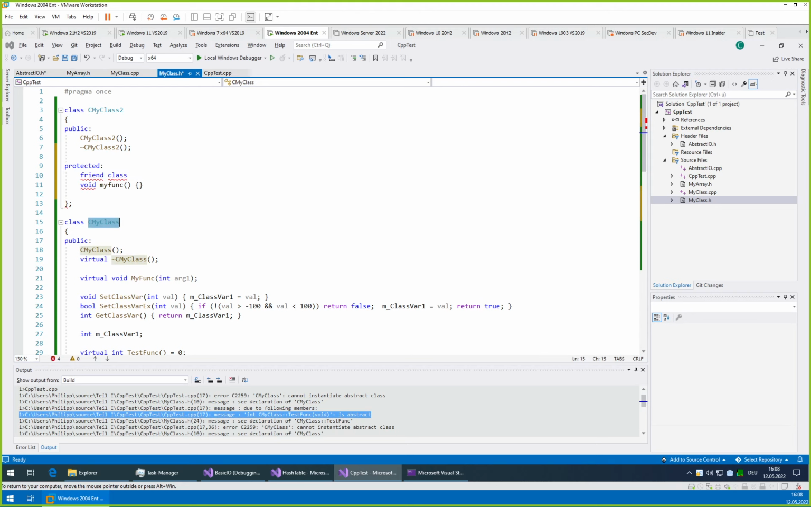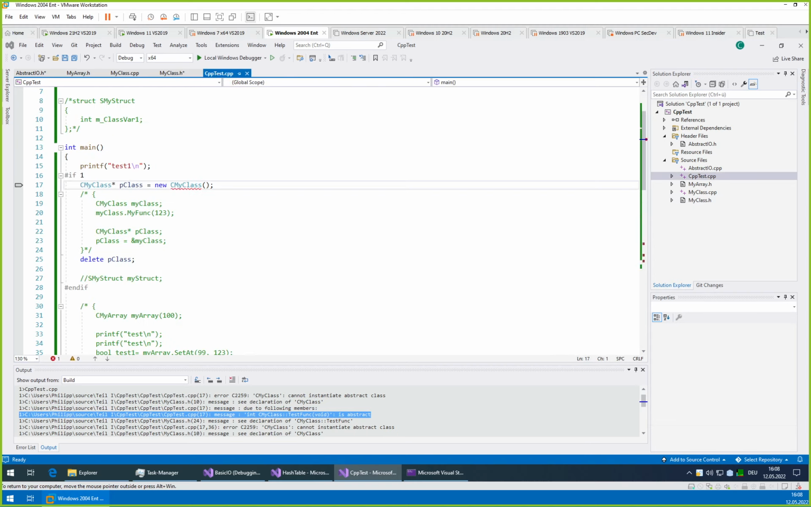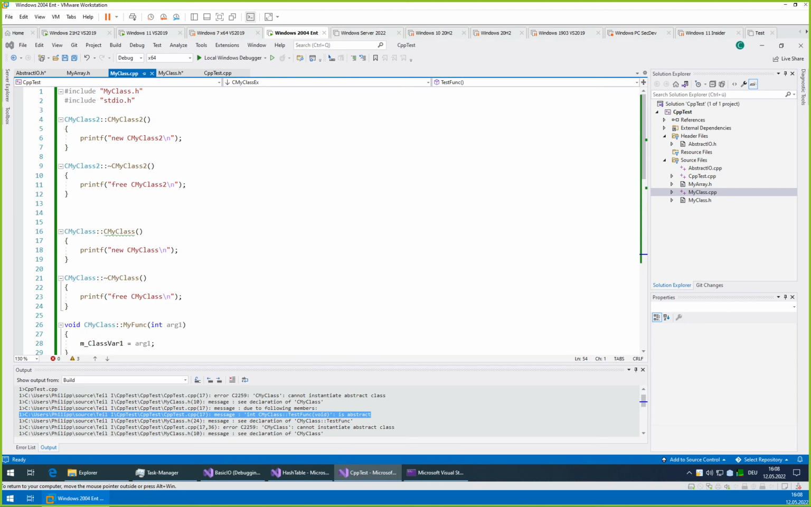friend class, my class, and if we do so, then my class will be able to access all protected members of my class too. So this is not then specific to just the one function, it will just apply to everything that's protected. So it is not a very fine means of